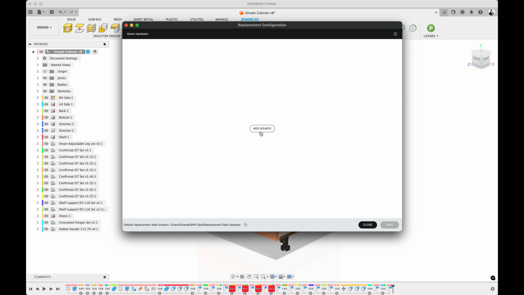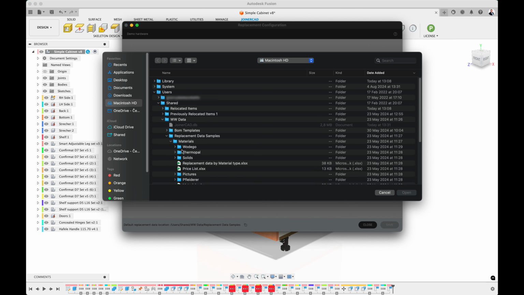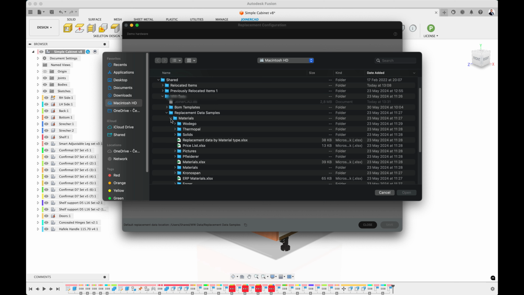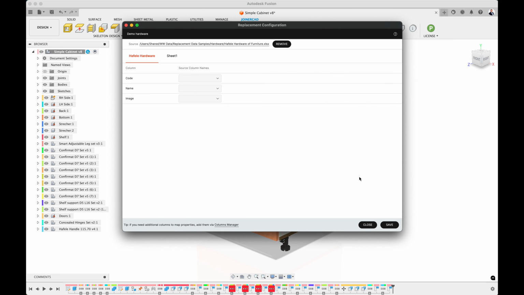Clicking on the scheme I have created, I enter Edit Mode and select the Hefele Hardware for Furniture file from the directories mentioned above. I perform a mapping operation on the corresponding columns from the Microsoft Excel document and save the scheme.